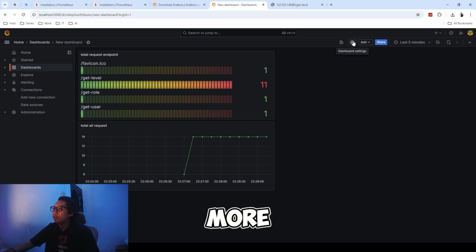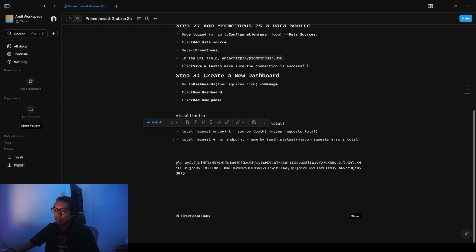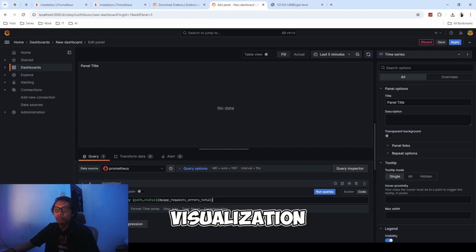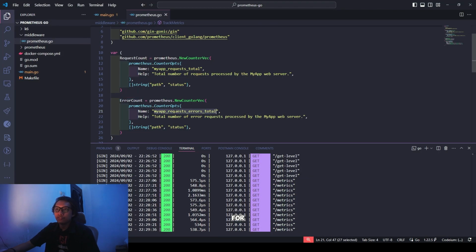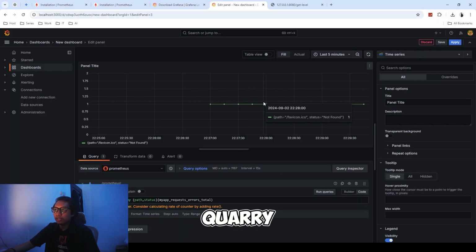We'll add one more visualization here. Now I also want to create a visualization of my errors, using my app request error total. This one, for the error, using this label, and run the query.